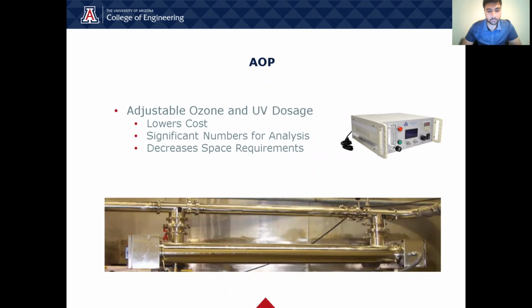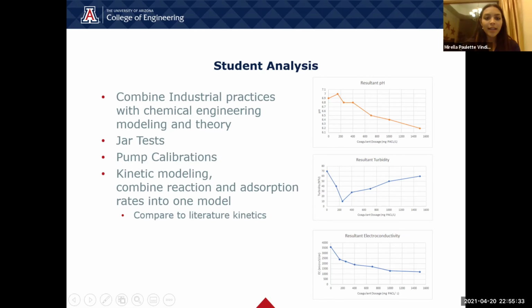The other piece of equipment being a UV reactor, which radiates light at 254 nanometers with an adjustable power dosage in millijoules per centimeter squared. And that can vary from 40 millijoules per centimeter squared to over 120 millijoules per centimeter squared. The analysis conducted in this lab will combine practices commonly used in the field with more theoretical methods like modeling